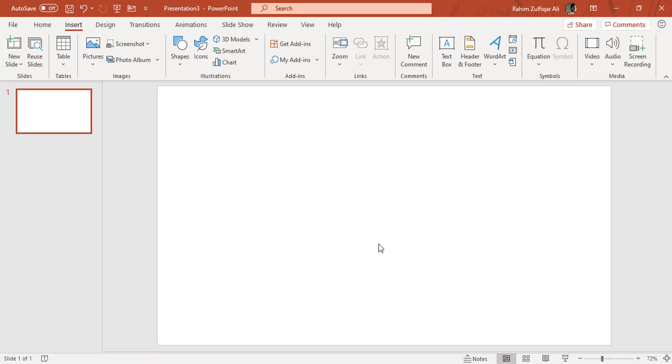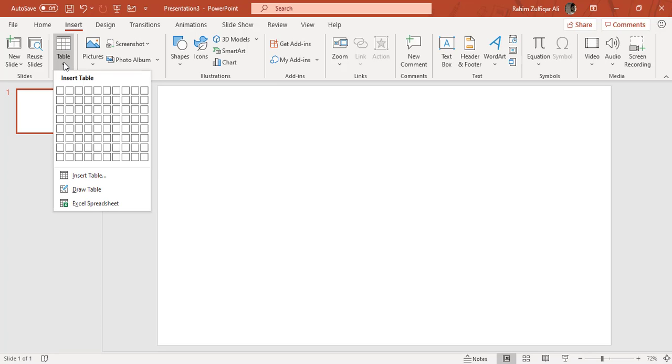In this video tutorial, we will explore and learn about the tables feature available in Microsoft PowerPoint. So for inserting a table, you have to go to the Insert tab in PowerPoint, where you will find a tables group. So when you click on the tables icon, a menu will open where you will find some